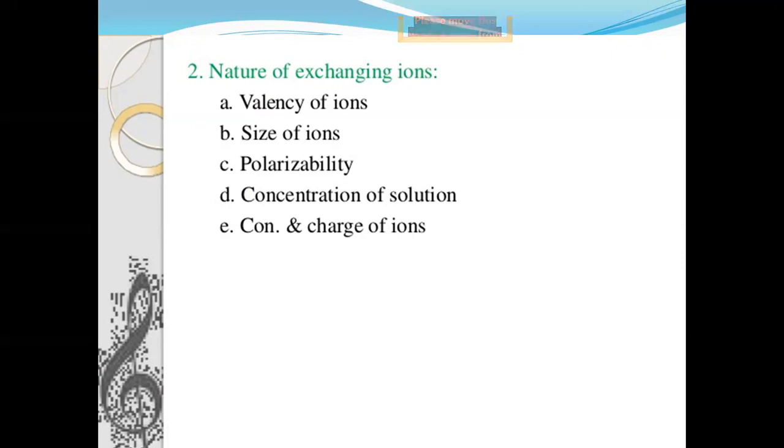So for example, F minus, O minus 2, N minus 3. Out of these three anions, F minus is smaller than O minus 2, and O minus 2 is smaller than N minus 3. So as valency increases in the case of anions, size increases. Whereas in the case of cations, the valency is reciprocal to the size. Take Na plus, Mg plus 2 and Al plus 3, which belong to the same period. Na plus is larger than Mg plus 2, and Mg plus 2 is larger than Al plus 3. So it is reversed. As the valency increases, it influences the size as well as the polarizability.